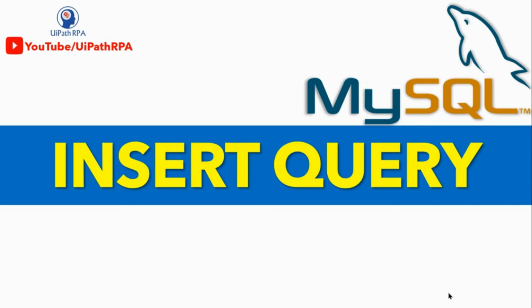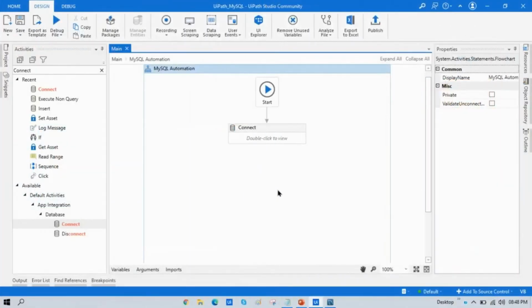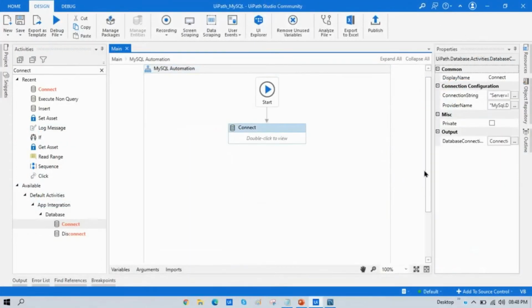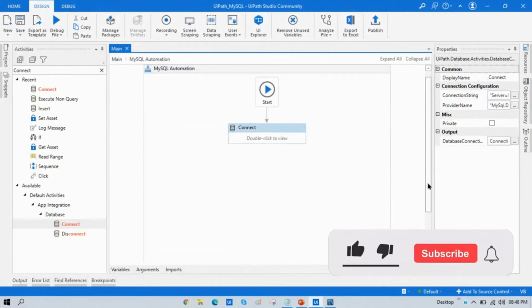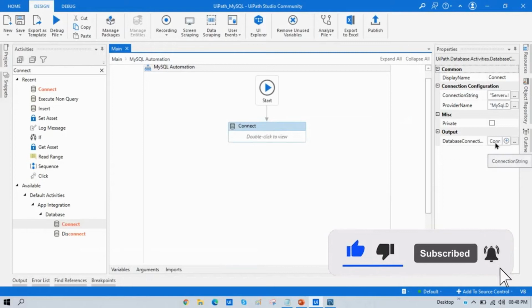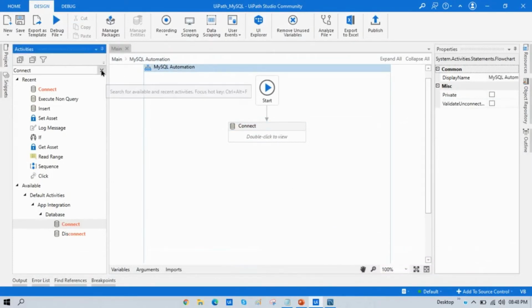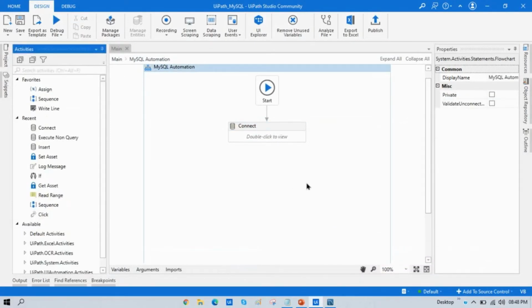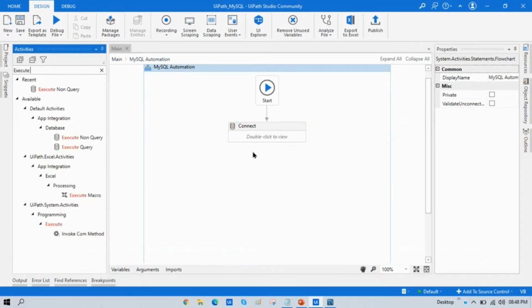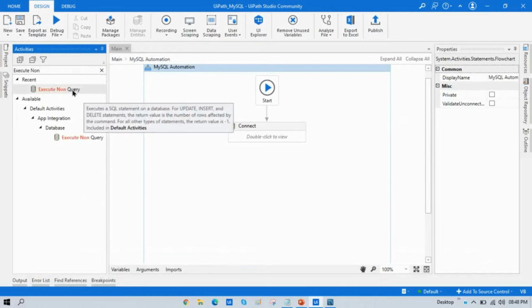So let me open UiPath Studio. Here we have already established a connection between UiPath and MySQL, and I already have this connection string variable here. Now to write an insert query, I need to take the Execute Non Query activity.